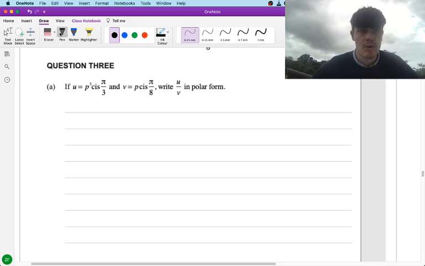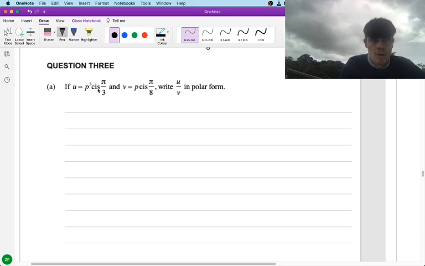Okay, so for question 3 of Complex Numbers 2017 from NCEA. If u equals p cubed cis pi over 3 and v equals p cis pi over 8, write u over v in polar form. Okay, so all we have to do here is, if we want to do one divided by the other,